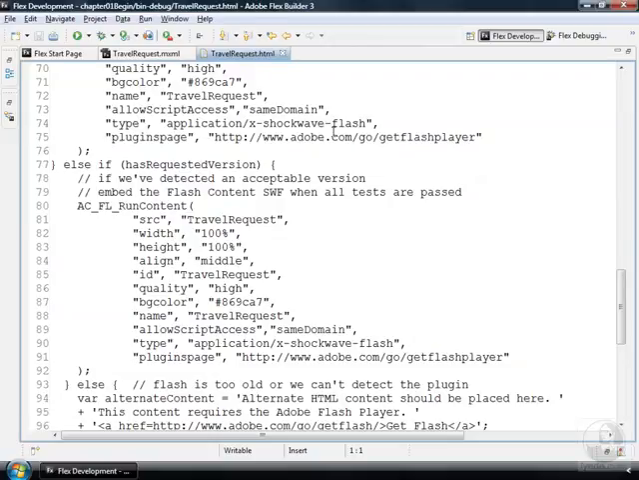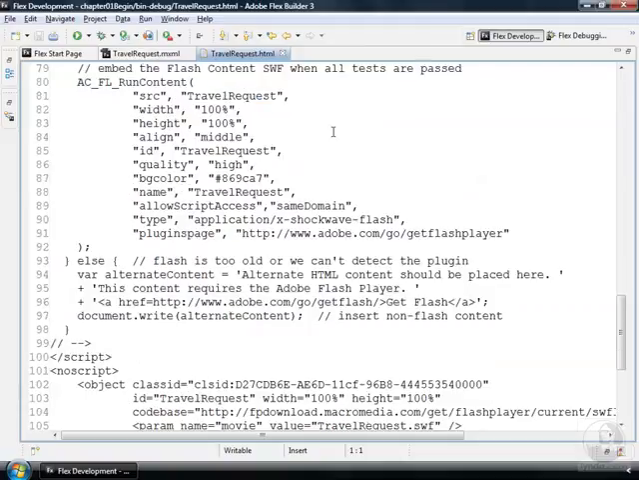Starting at line 80 in the version of the HTML wrapper I'm displaying, there's a call to a JavaScript function called acflRunContent. Notice that it's passing in the src attribute of travel request. That's translated by this JavaScript function call as the name of the SWF file or compiled application that should be displayed. There's one other section in the JavaScript area here called the alternate